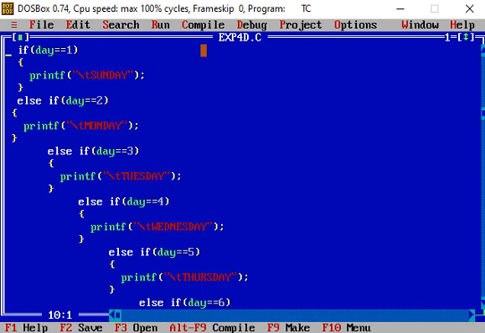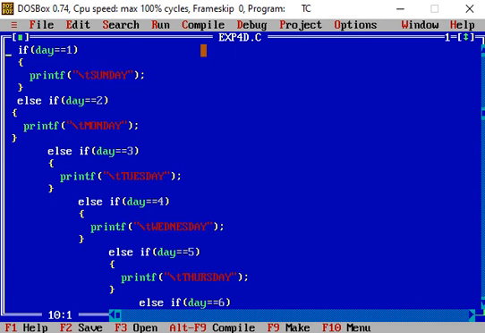So in this way, using the else if ladder, we can select one out of a number of options available, as this construct is seen as a ladder. That's why this construct is known as an if else ladder.